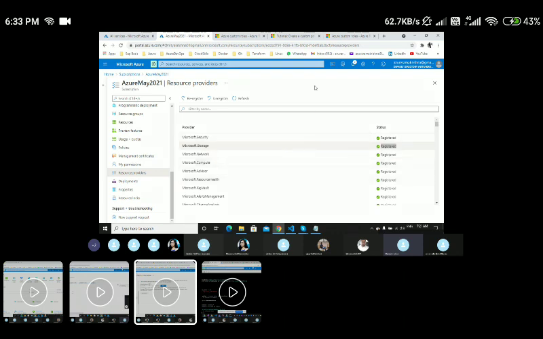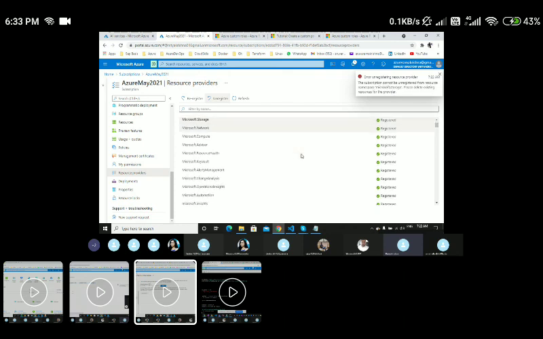For example, let me show you that for now. This particular storage account is at this moment registered, right? What I will do is I will just select this, and I will say unregister. Please delete the existing resources for the provider. At this moment we have some storage accounts which are already present in the subscription. So that is the reason it is saying that we cannot do this.